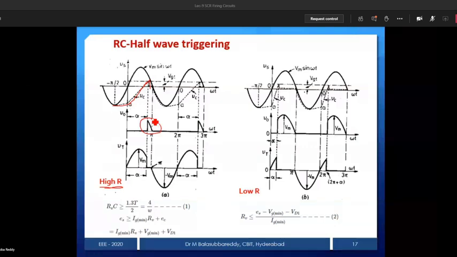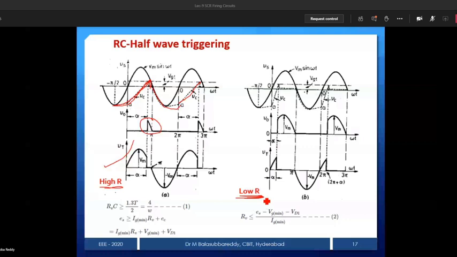Then again, during the negative half cycle, the capacitor is going to be charged, and again the same alpha it will get. Because I used RV very large, large means time constant is large, it will take this much time to reach VGT. Later, RV is low. If R is low, then what will happen? From minus V maximum, to reach VGT takes lesser time, because R is less, it will allow more current at a faster rate. Therefore it will trigger at a smaller value of alpha.